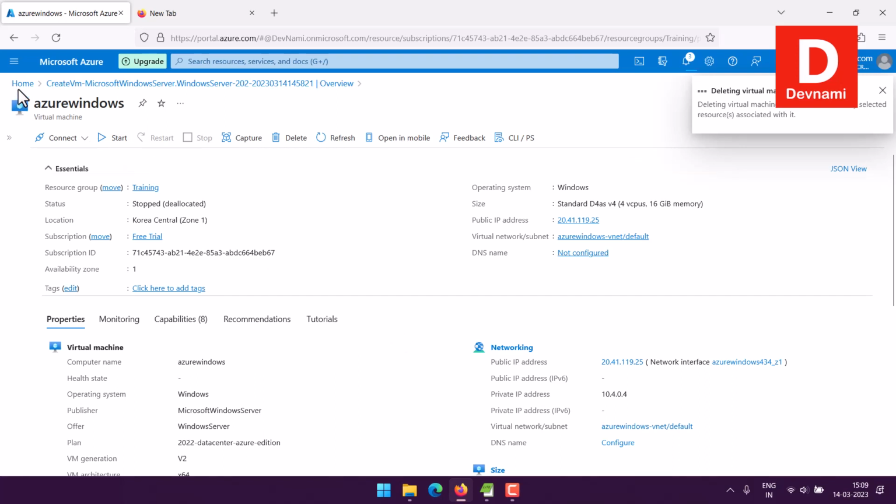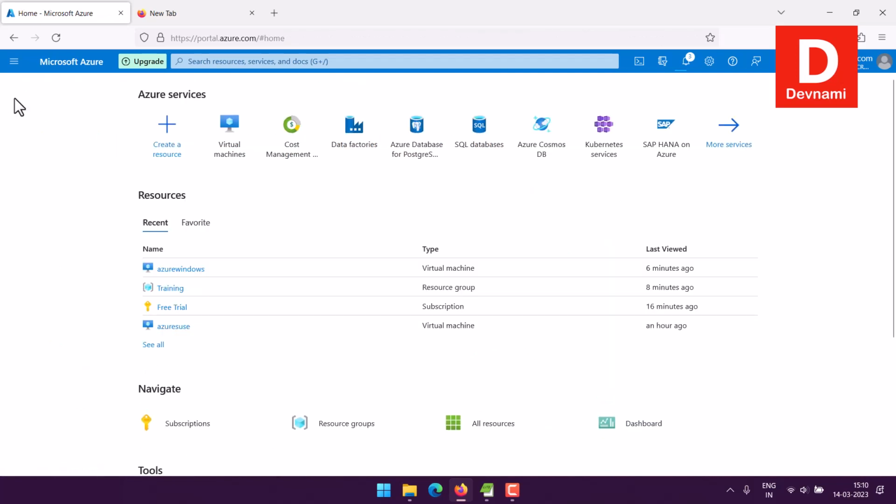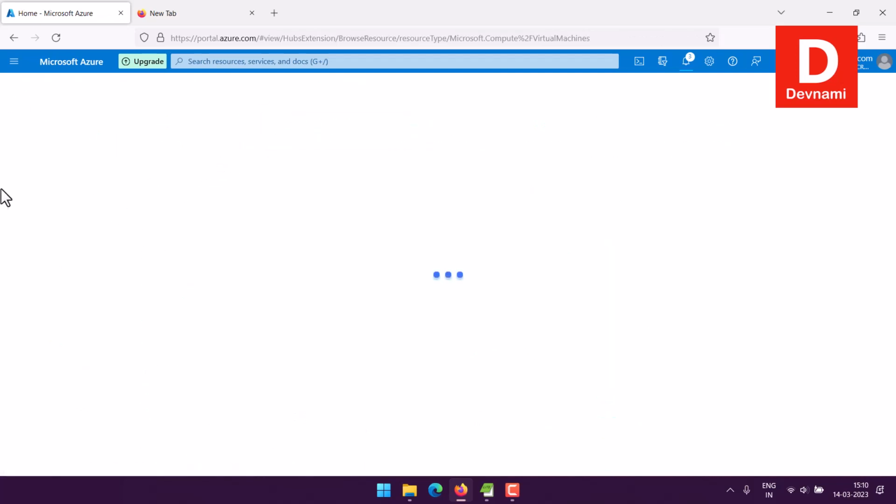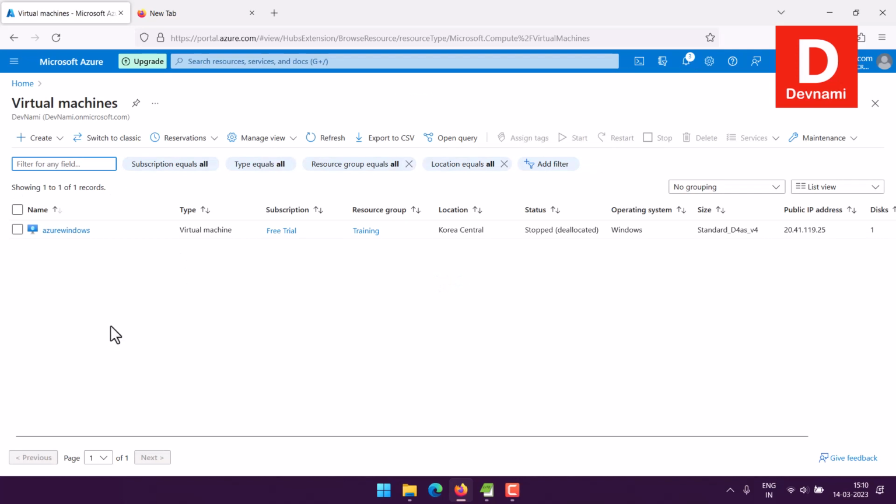Then we will return to our virtual machine section. So home, then virtual machine. Let's find out whether we have this deleted or it stays. It will take around 2 to 5 minutes depending on where the resources were allocated, and you can then